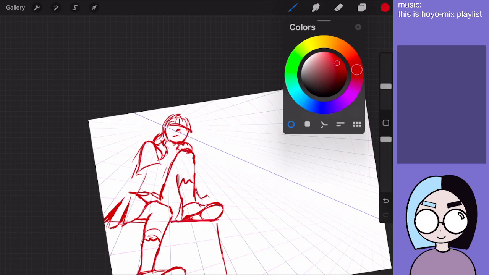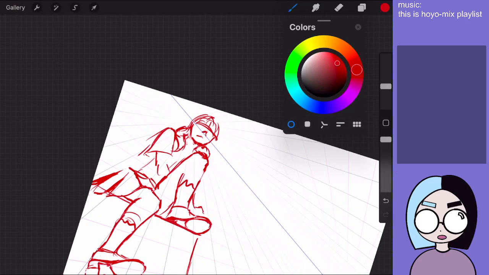One of the hands you can barely see. The arm is just